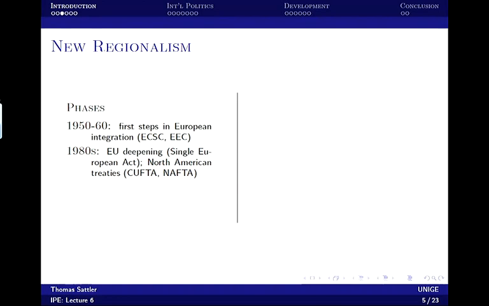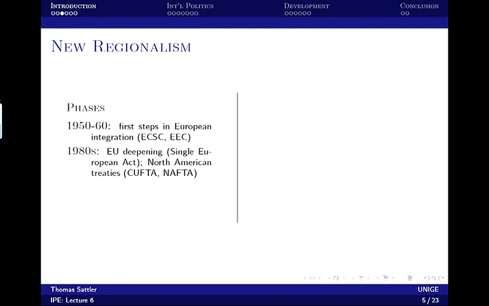So in the 1980s, there was a commission that was led by Jacques Delors, who later became the president of the European Commission. And this commission examined why Europe is stagnating economically. And their solution was that we should further integrate economically. So this led to the Single European Act and later also the Maastricht Treaty in the early 1990s, which established the European monetary integration.